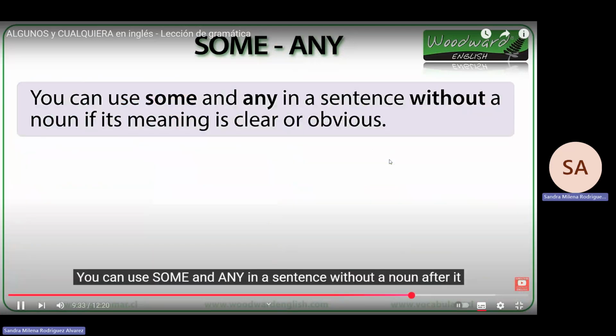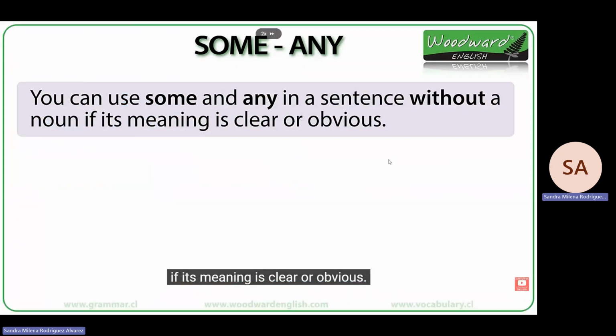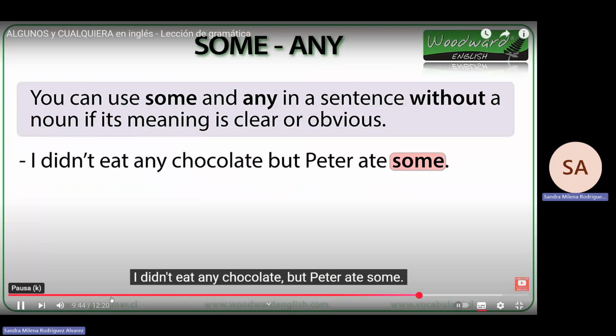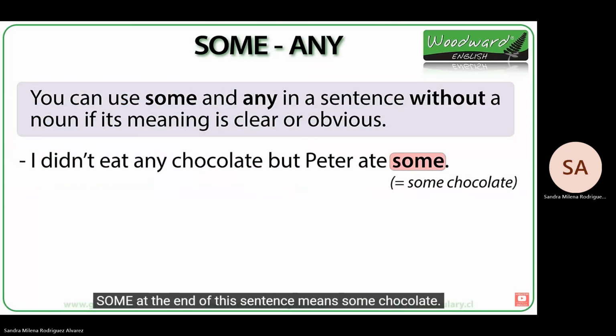You can use some and any in a sentence without a noun after it if its meaning is clear or obvious. I didn't eat any chocolate, but Peter ate some. What does some mean here? Some at the end of this sentence means some chocolate. We don't write or say the word chocolate